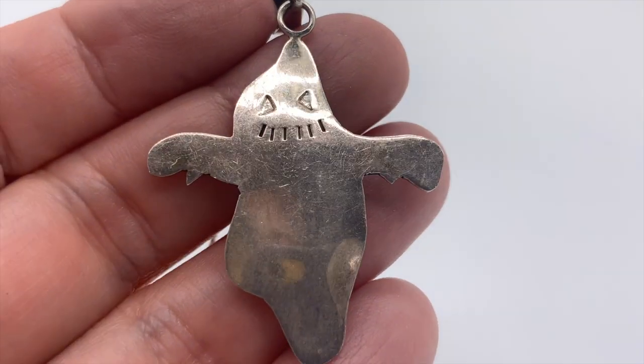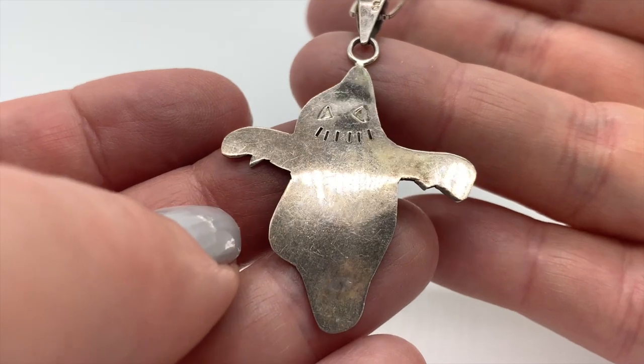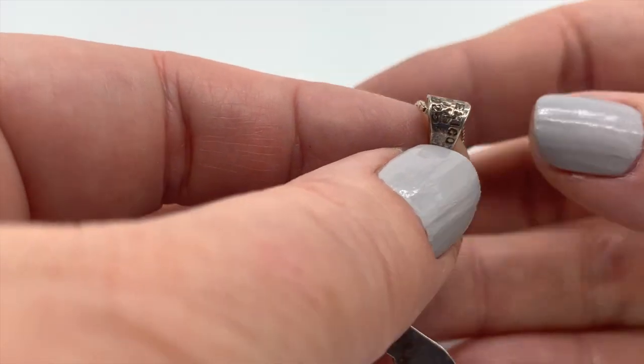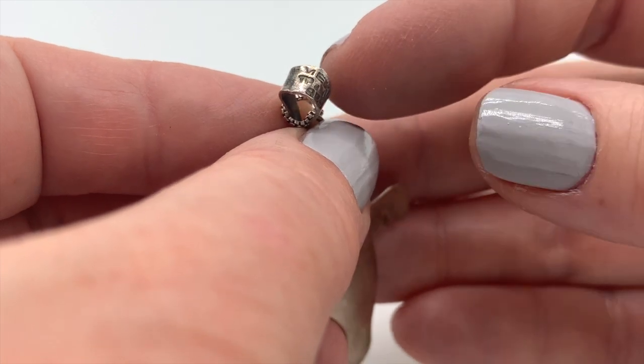So I'm going to show you a pretty scary piece of jewelry, so I don't want you to be scared. Boo! Look at this guy. How much do you love this ghost? He's actually friendly. He's not scary, even a little bit. Isn't he fun? So this is Taxco. It doesn't say Taxco. It doesn't need to say Taxco. There's our marking,